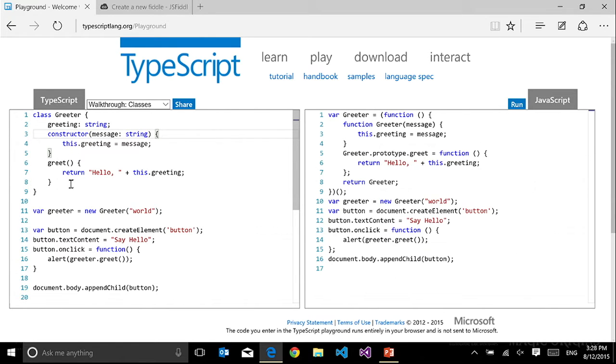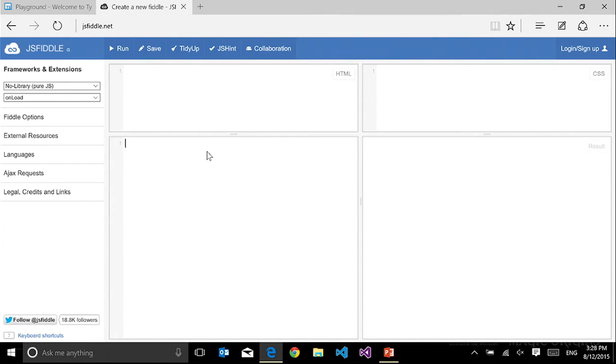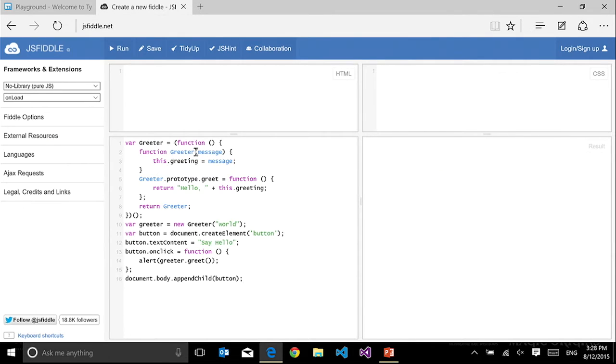Here I have a TypeScript code with a class where I define a constructor, and I'm instantiating this class. On the right part, I have the pure JavaScript version. This pure JavaScript version obviously does not use class, does not use constructor or whatever, and is purely based on prototype. Okay. So if I'm just copy pasting this code and I want to use that on my JS fiddle here, purely JavaScript code, I can run it, and